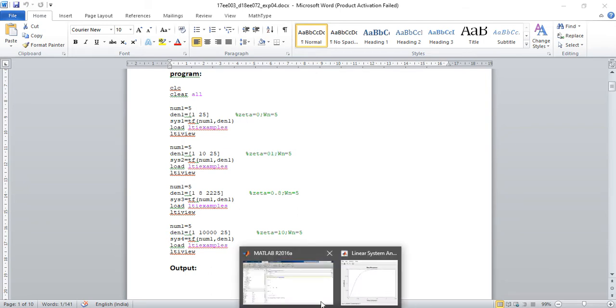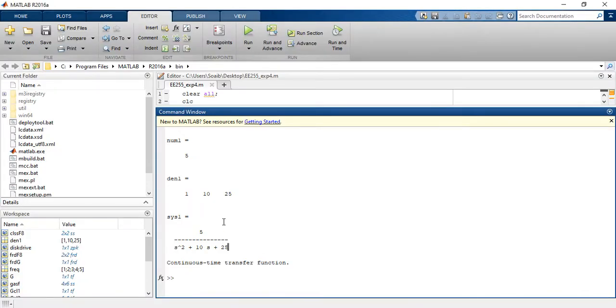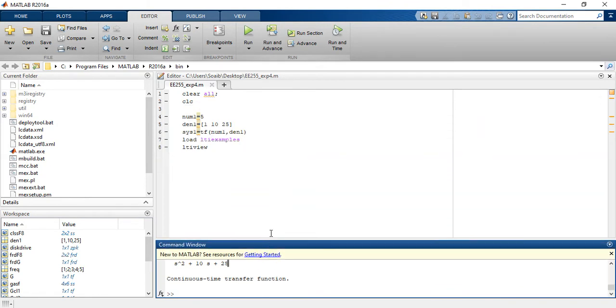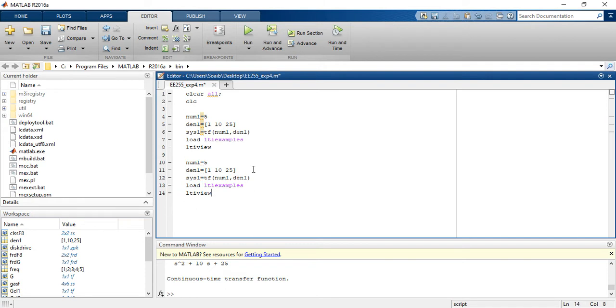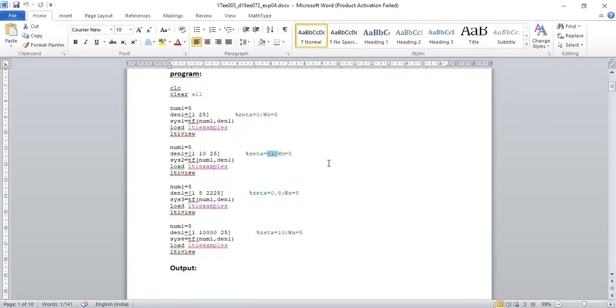So I will be writing another command. I will just copy it, naming the system as 2, with numerator 5 and denominator 1 10 25.